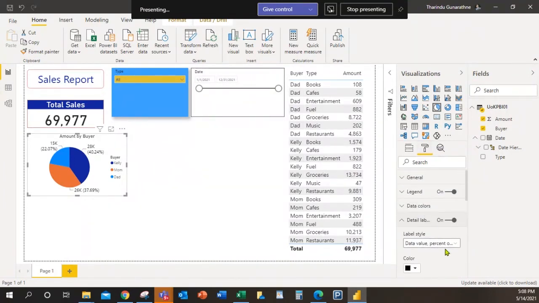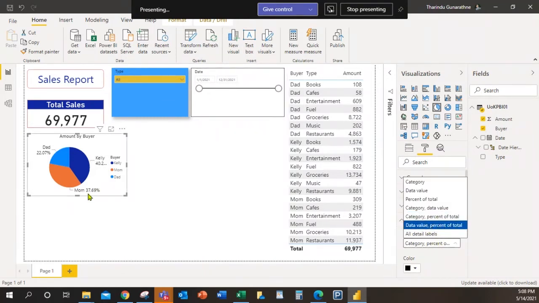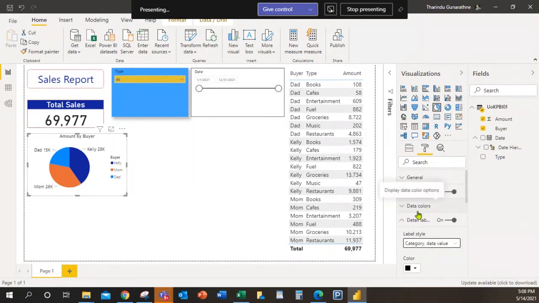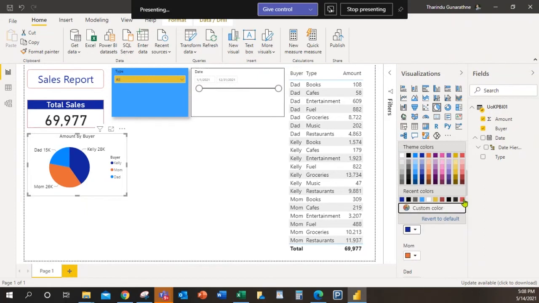When it comes to the data label, it has some styles. This is very important because sometimes you need percentage, and the total. See, now the percentage is 37%, 22%, likewise, and you can see it with the data label. So you can try those things. You can change the color.